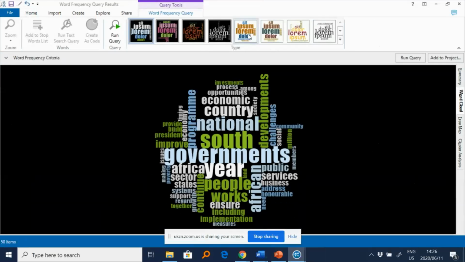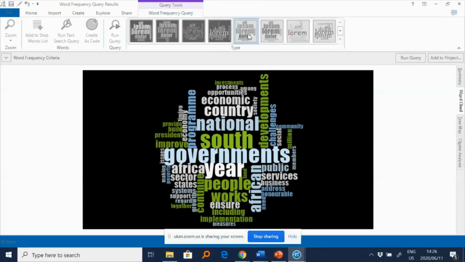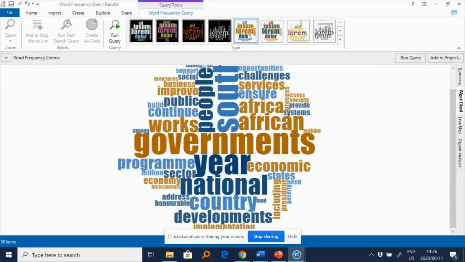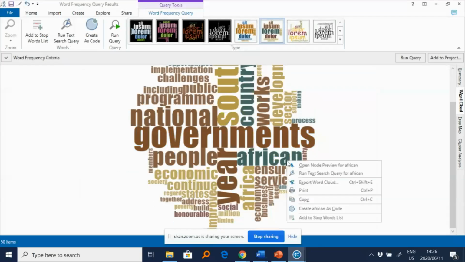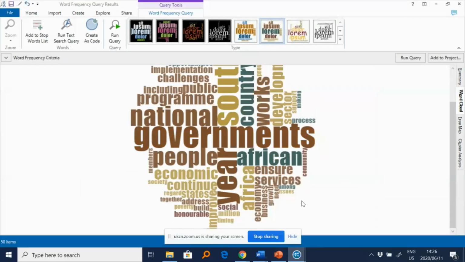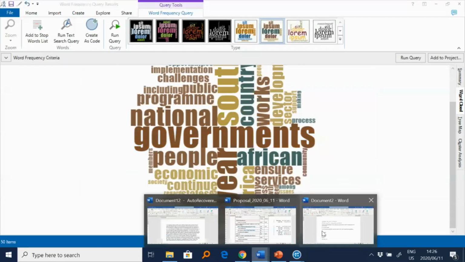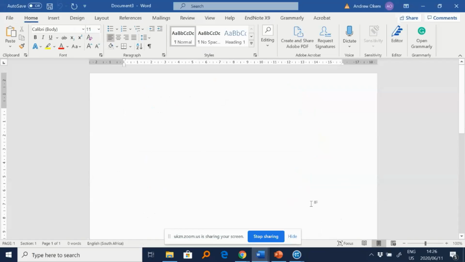You can change how the result appears in terms of the display. You can change the format. You are able to interpret this. Remember that those 2 things, it has to make sense, and you have to be able to interpret it. You can simply right-click on it, copy it, and come to a Word document, okay?